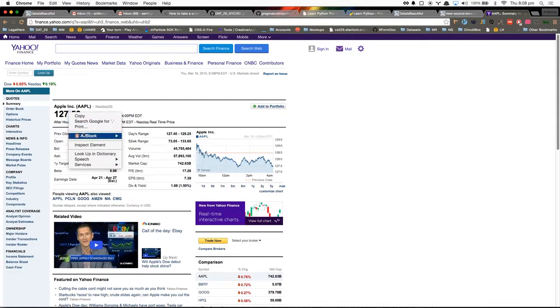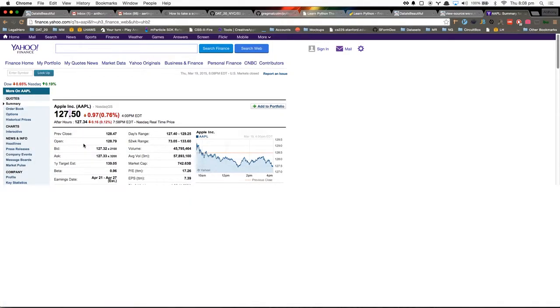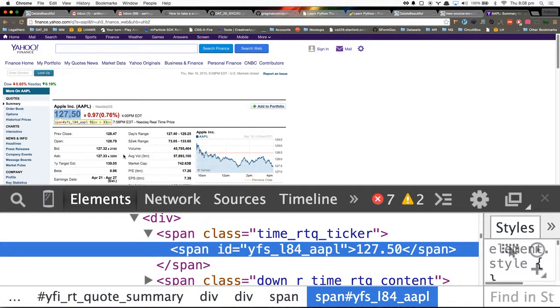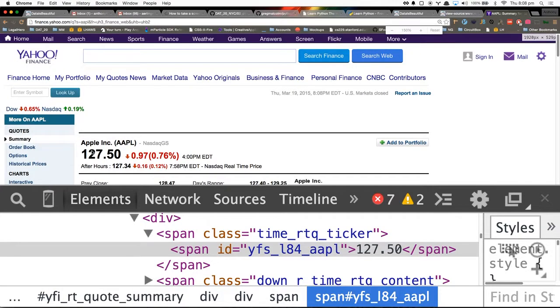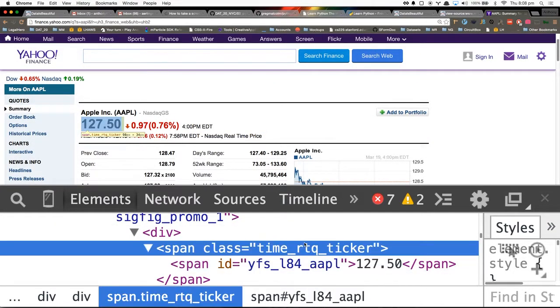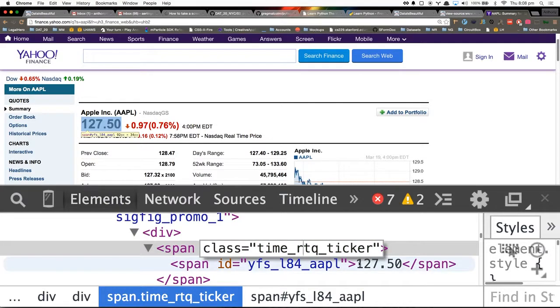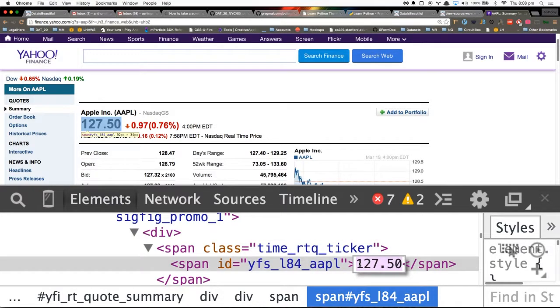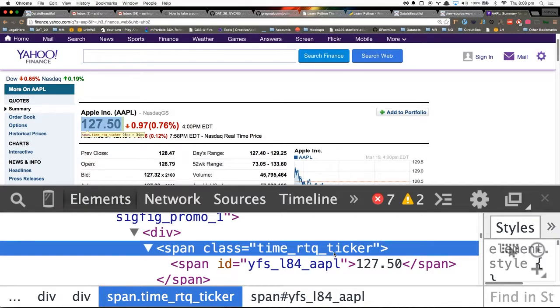And so I could basically right-click, inspect element, and pull this up again. Again, I get a specific number here. I see a certain pattern that pertains to this number that I'm trying to find. And if I can find a way of identifying this number with this string within the page, I can from there extract this nugget, this piece of information that I'm trying to mine.